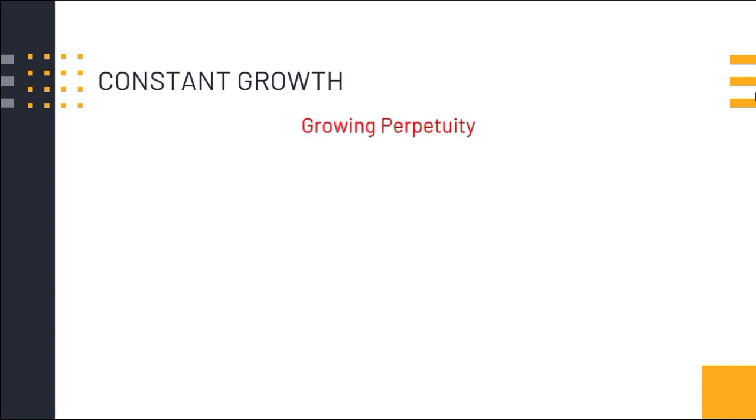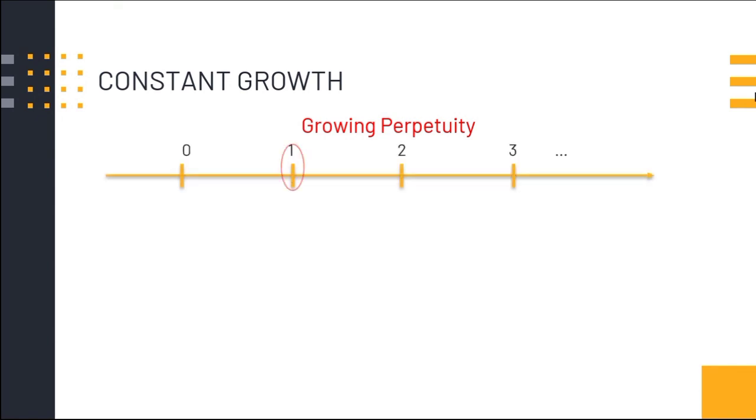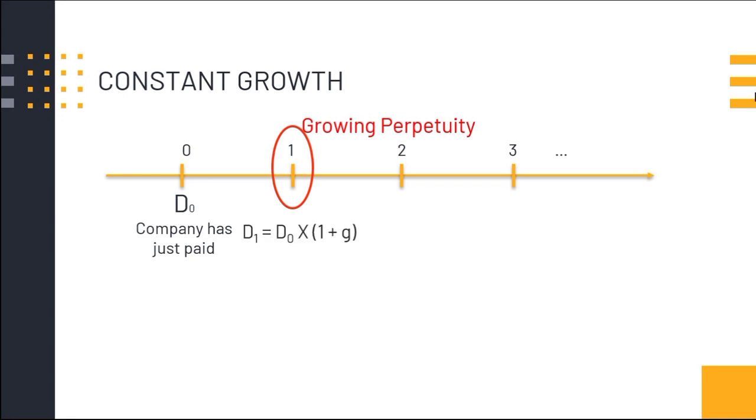Let's take a look at the second case, which is referred to as constant growth dividends. Assume we know that a company's dividend will continue to grow at a constant rate forever. So this is called a growing perpetuity, which is the discussed na from the discussion in chapter 6. So the dividend in 1 year would be equal to today's dividend which was just paid, multiplied by 1 plus g where g is the annual percentage growth in the dividend amount. So simply repeat the process lang in the second, third, fourth, and future years.